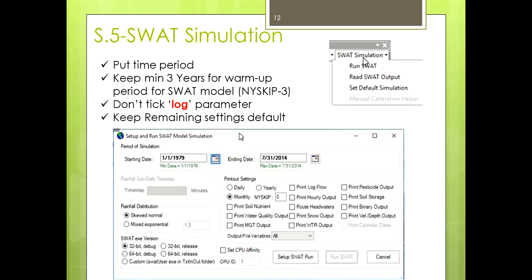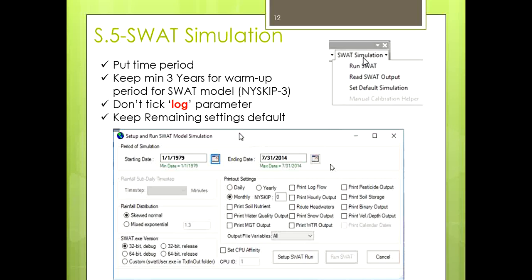The last step is SWAT simulation, or the run of the model. In this step you have to do some settings. Firstly, you have to put the time period for which you want to run the model, so the starting date and ending date you have to put. Then you have to keep some time period for warm up, because the SWAT model takes some time to overcome its initial losses like infiltration and evaporation.